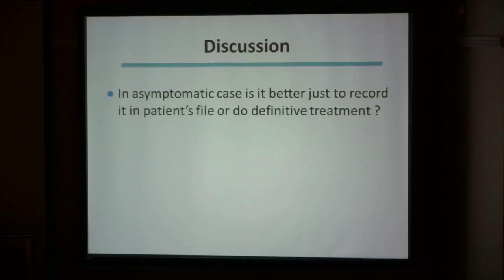So the question now, in a patient diagnosed with jejunal diverticulosis: do we treat conservatively, or just write in his record that the patient had diverticulosis, or go to definitive treatment? Definitive treatment means surgical. It means resection of this segment, occlusion of it, inversion, or simple excision. Thank you.